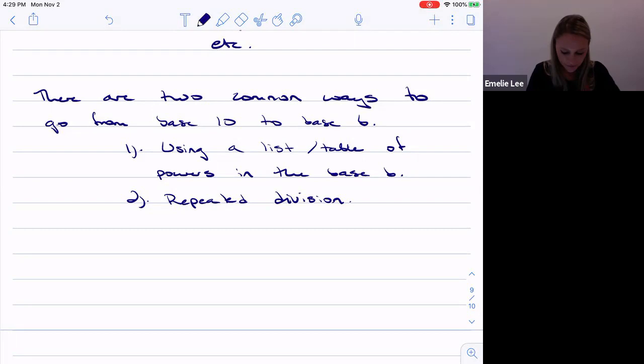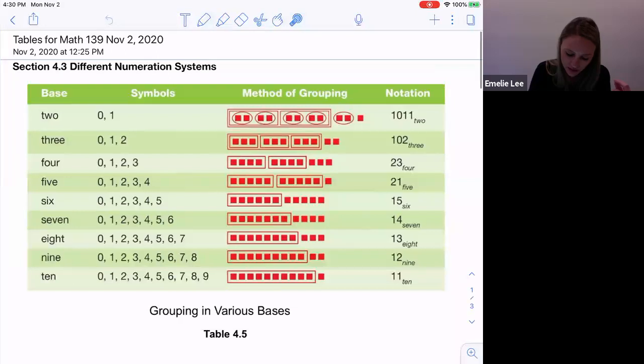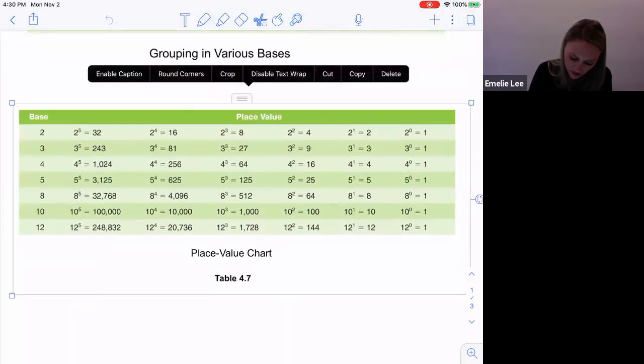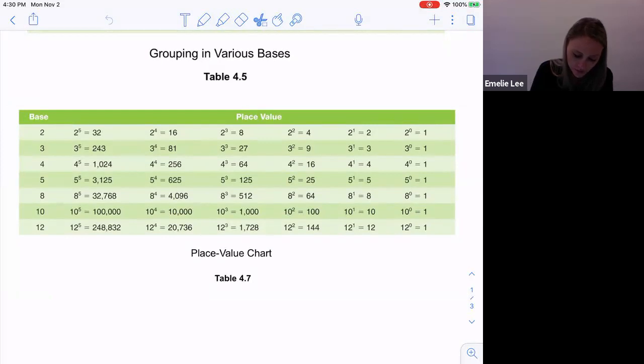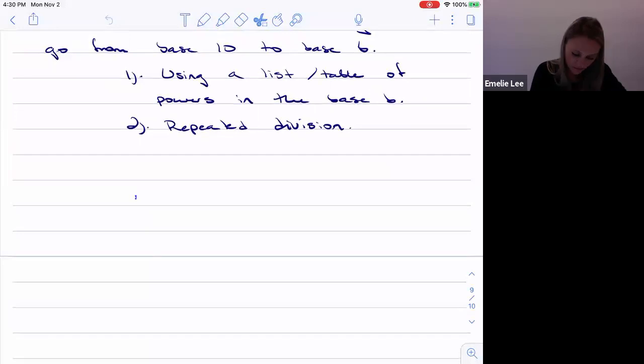So the table or the list, it really only, if we're working in a single base, we don't need a table, we can just use a list. But the list that I'm talking about is in that handout that I posted. So I'm gonna grab this one here, copy, and